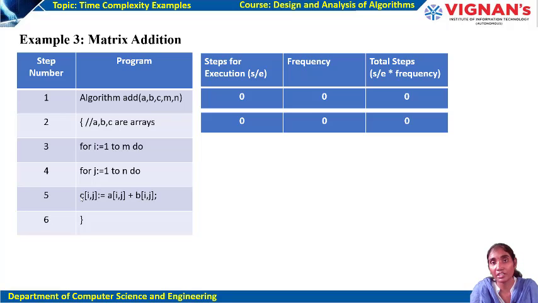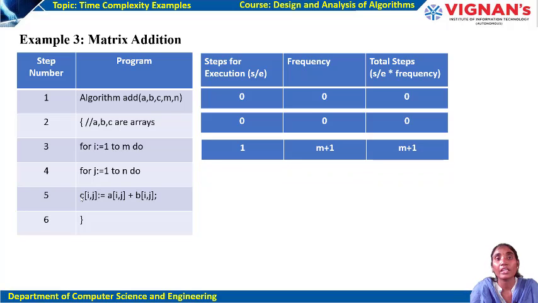Right? So here as a condition is failed at I less than or equal to m plus 1 condition, at that place it is coming out of the loop. So it is also checking one more condition at the last step. So that's the reason the for loop will be executed for m plus 1 times, whereas the inside body of the for loop will be executed only for m times. So now S by E is 1, frequency is m plus 1. That is, this for loop will be executed for m plus 1 times. Total number of steps is 1 into m plus 1 together, which is m plus 1.